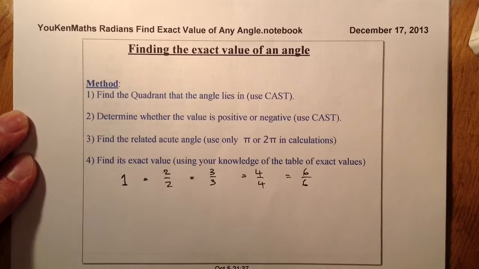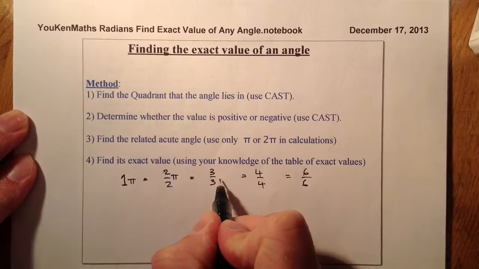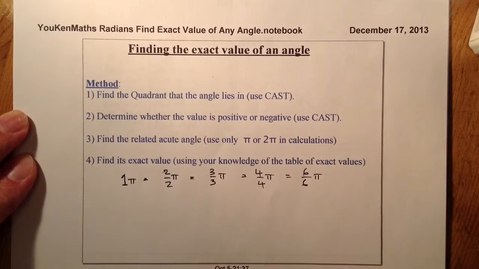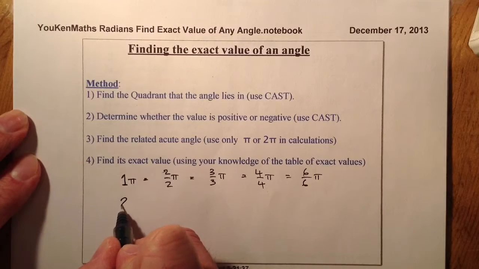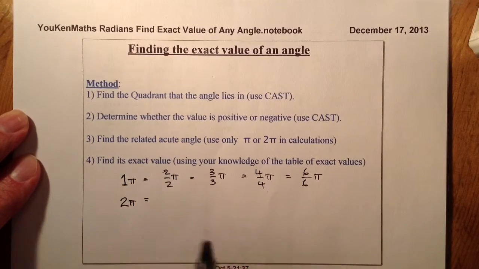Just depending on what I'm given. So if I had 1 pi here, that would be 2 over 2, 3 over 3, 4 over 4, 6 over 6. They're the same thing. They're just the same as 1 pi or just pi radians. If I have the number 2, or a full turn that I'd be looking at, 2 pi, well, I'd